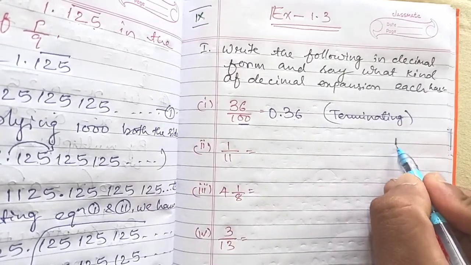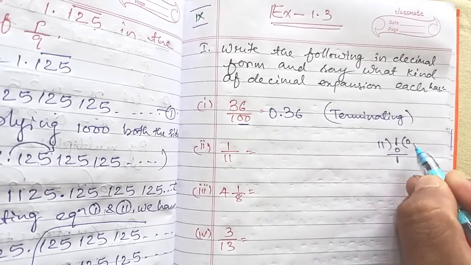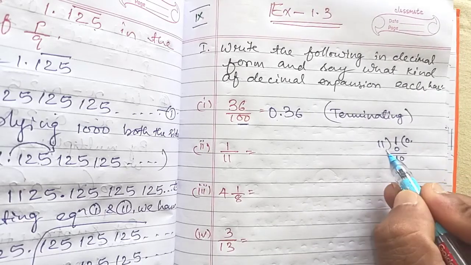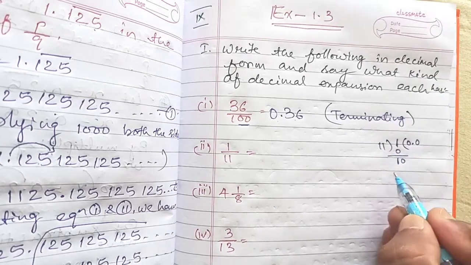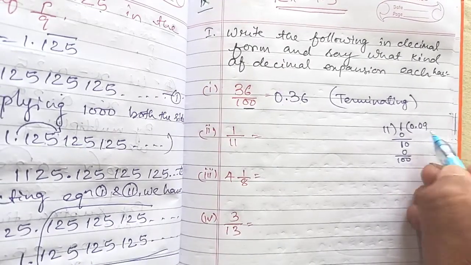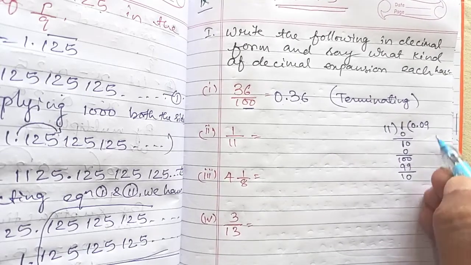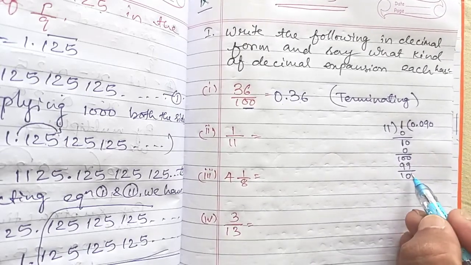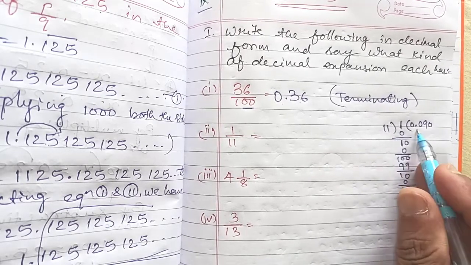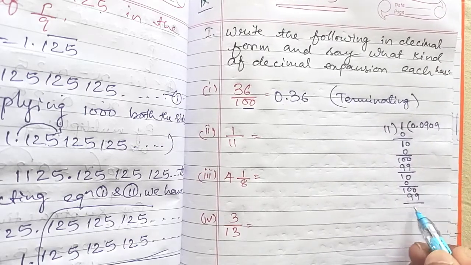So we will divide 1 by 11. 11 zeros are 0. 1 carry, after the decimal we put a 0. Still it is smaller than 11, so we write one more 0. 11 zeros are 0, 100. 11 nines are 99. 1 carry. Again a 0 will come, again we write a 0. It will become 10. Again after the decimal we carry a 0 here. 11 nines are 99. 1 is repeating.